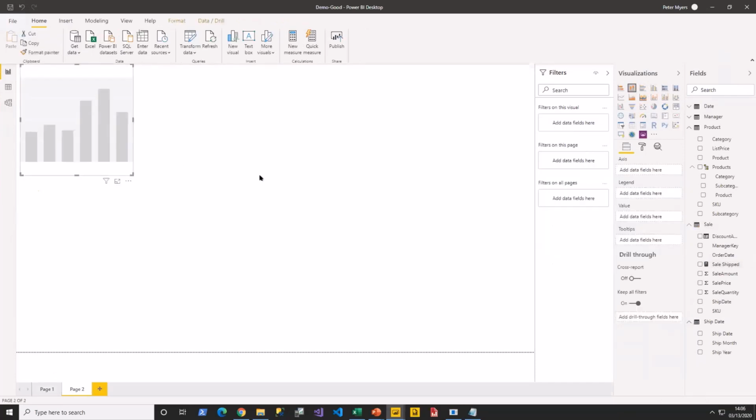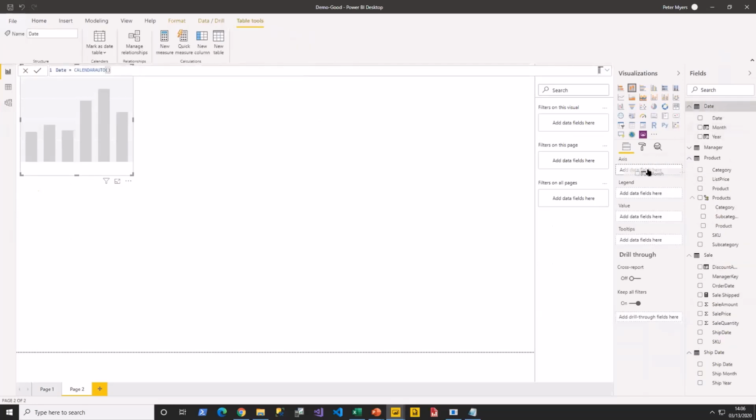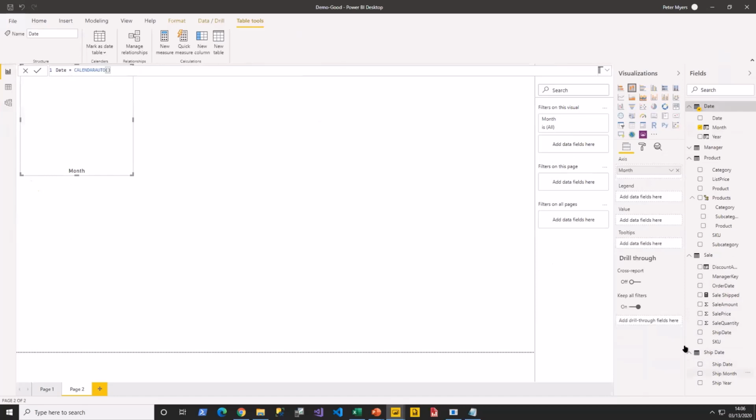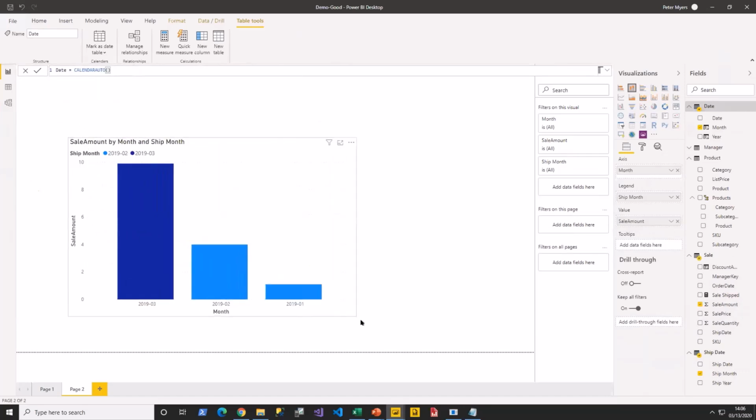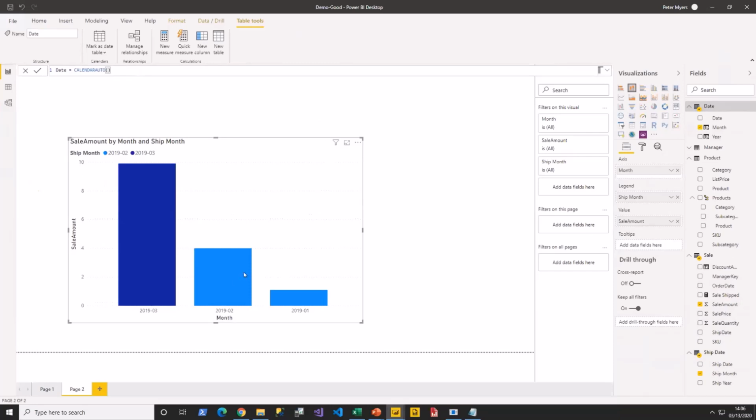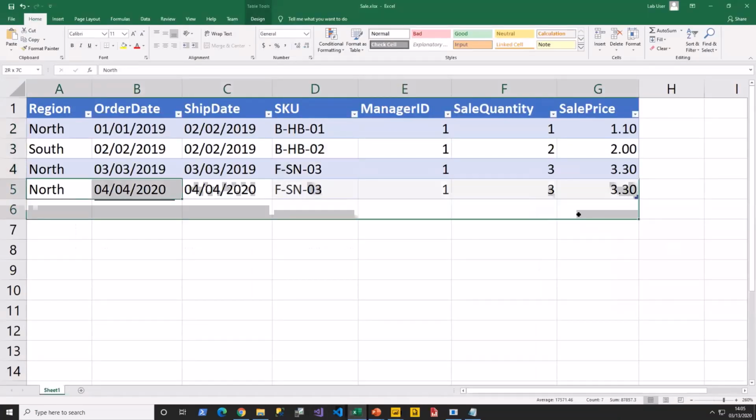Creating a stacked column chart, I could put the month on the axes and ship month on the legend, and then I could put the sale amount in the value. All right, so now what we're looking at is the blue here for January and February means it was shipped in February. And to make this a little more interesting, what if I came in here and created another order